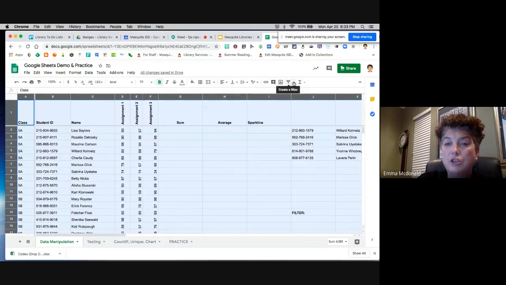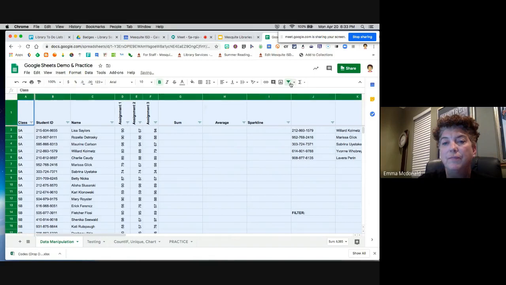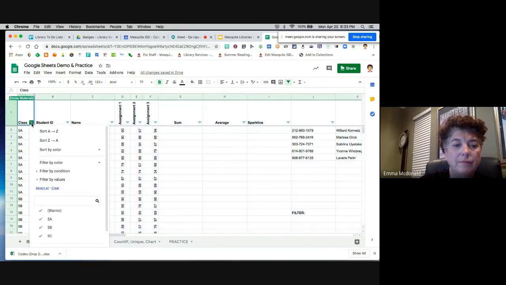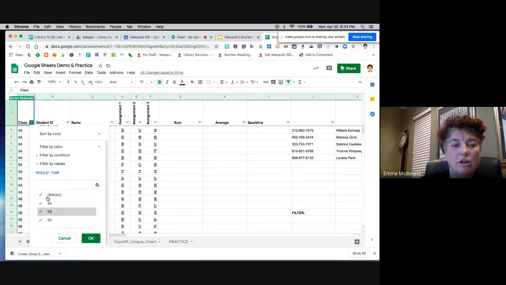And then I'm going to choose the filter icon in my toolbar. It's next to the link and the chart, and you'll see it looks like a funnel, your filter. When you click on that filter icon, you will see these little green arrows at the top of row 1. To filter, simply click on that little green arrow, and then you'll scroll down and you'll see all of your options. You can clear everything and then just choose the option that you want to look at and